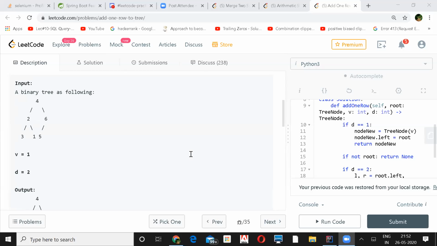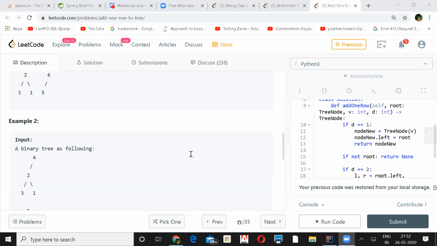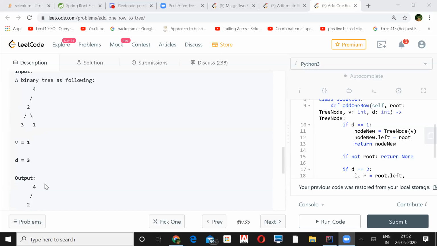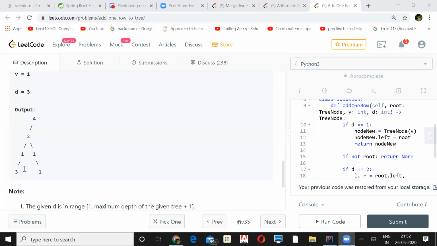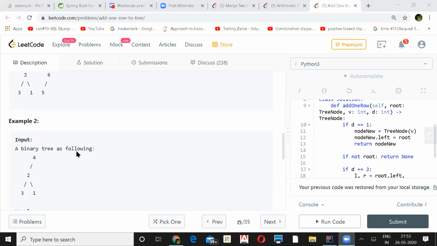So in example 2, instead of depth 3, if d was 4, okay, so 1 3. In that case, it's going to be the leaf nodes, right? If you just scroll up slightly, here you see in this input, your 4 is first, second, 3, and your depth is 4 in that case.